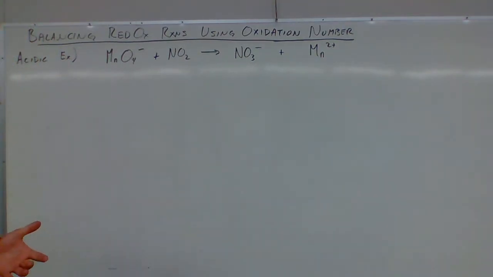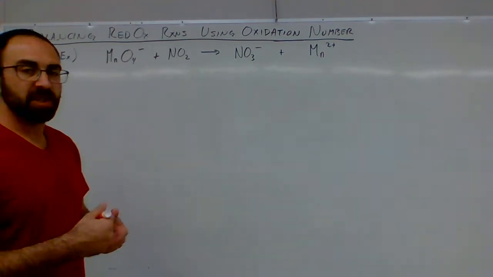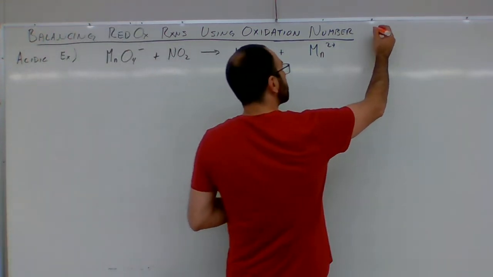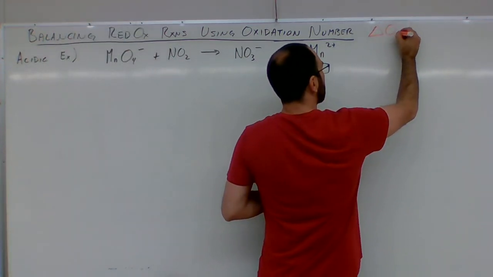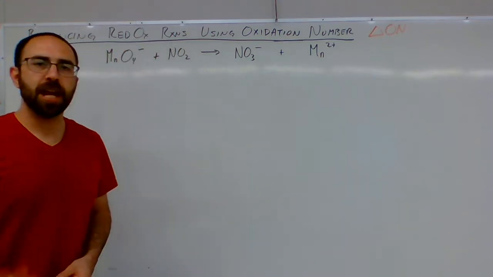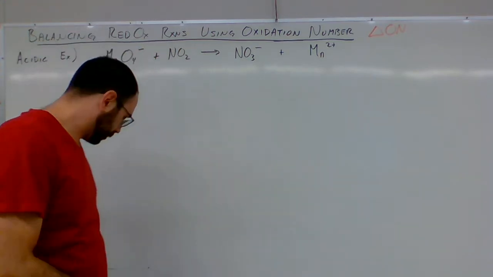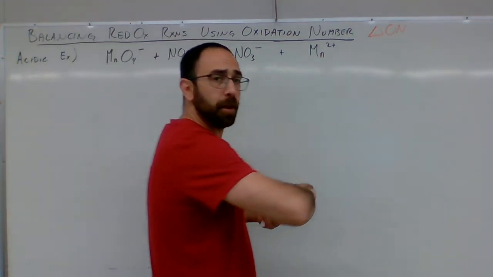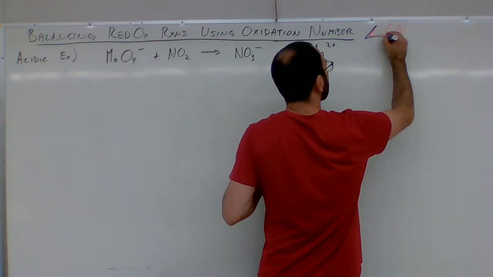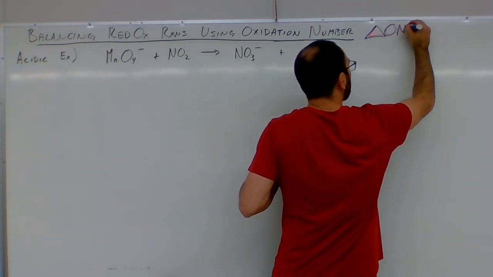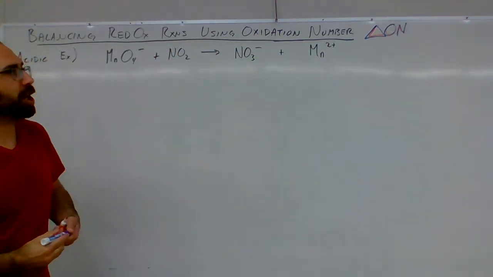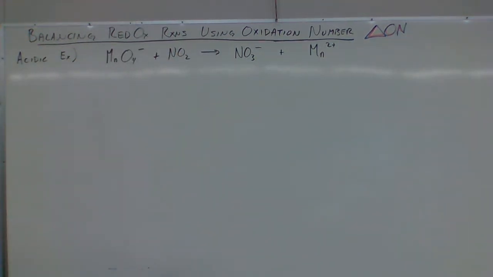Okay, so our second method of balancing out these redox reactions is using oxidation numbers. Specifically, what we're looking at is this delta ON, this change in oxidation number. You might not be able to see that, so let's write that in blue here. Delta ON, our change in oxidation number. In this method, the first thing we've got to do is figure out what all of our oxidation